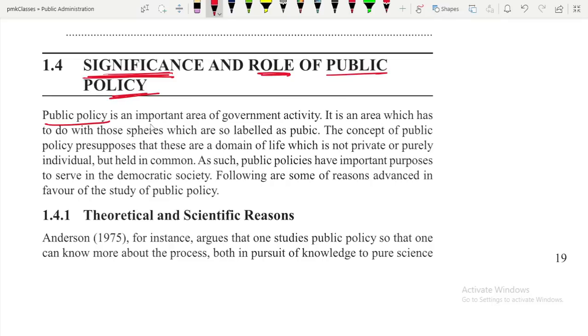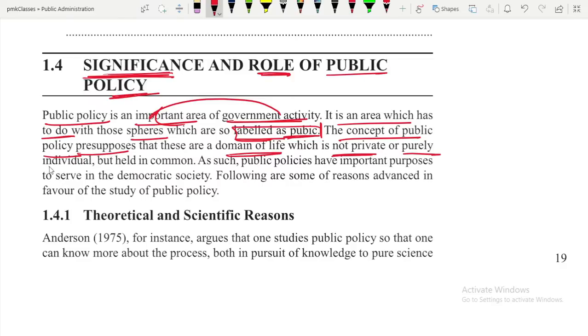So public policy is an important area of the government activity. Okay, so it is an area which has to do with those spheres which are labeled as public. Okay, so ये क्या है, मेनली गवर्नमेंट की एक बहुत इंपॉर्टेंट एक्टिविटी है जो कि मेनली जो पब्लिक है। ओके, पब्लिक को डील करने के लिए, पब्लिक के वेलफेयर को देखने के लिए ये पॉलिसी बनाई जाती है। सो द कॉन्सेप्ट ऑफ पब्लिक पॉलिसी presupposes that these are the domain of life which is not private or purely individual but